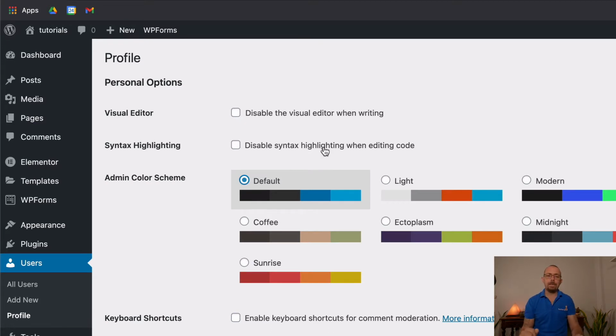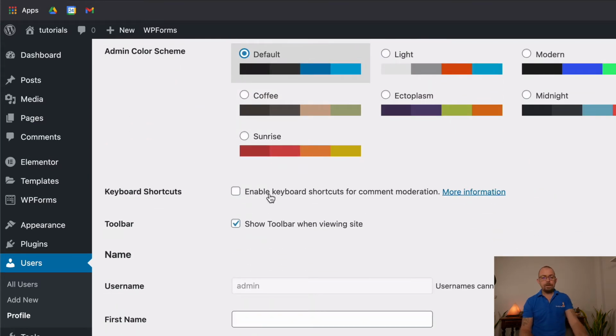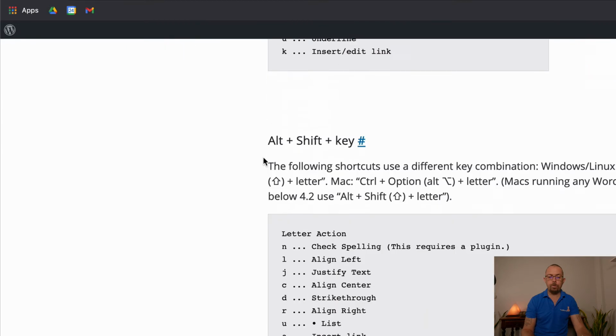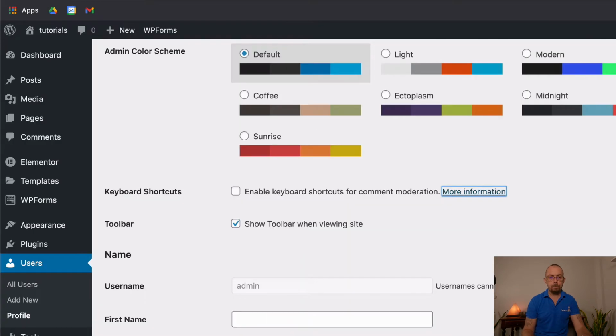Again, this is a lot later, but if you wanted to edit code, syntax highlighting is letting you know different types of color, different types of highlighting when you're writing code. But for now, we want to keep this super easy, so we can disable those if we wanted to. There's certain shortcut keys we can enable. You just go to more information, and this will display all the different shortcuts that you can come through. You can check that out.